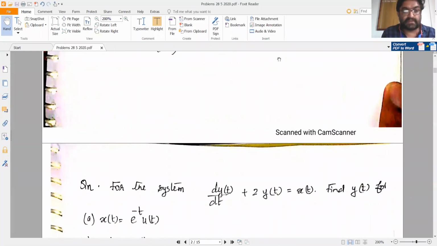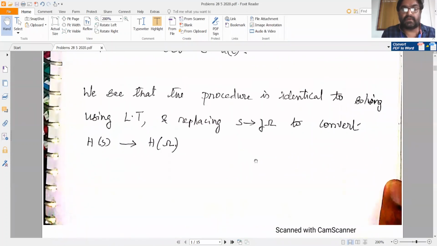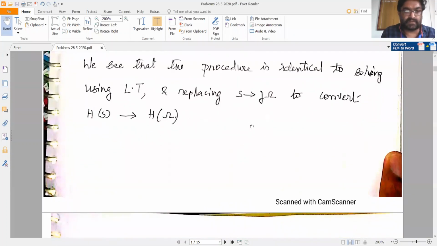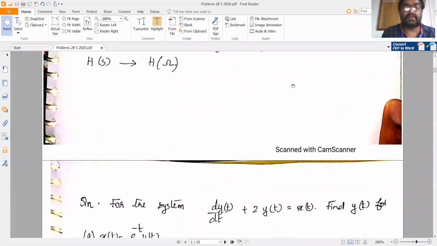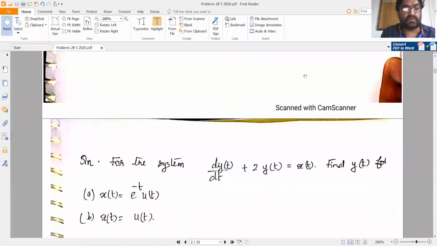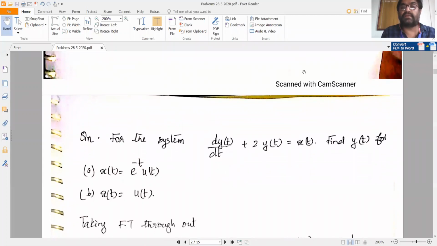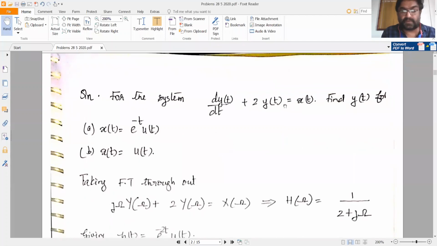So the amount of complexity, or amount of difficulty, if you can quantify it, for this question to be solved using Laplace transform and Fourier transform will be the same. So we will move on to another example, and then finally we will see that for all these problems you can use the Laplace transform approach and just replace s by j omega to find out the frequency response of the system, except for certain special cases which we will discuss.